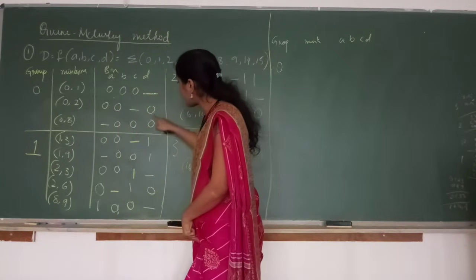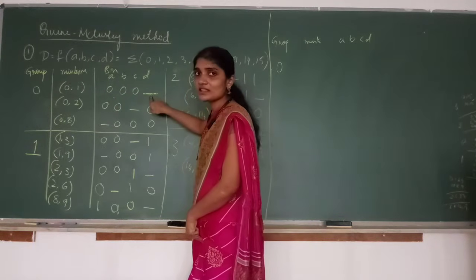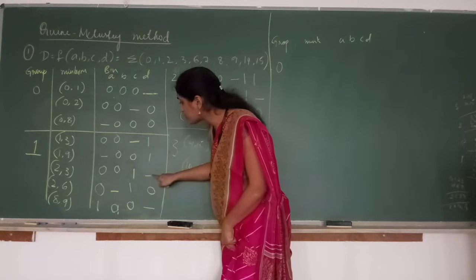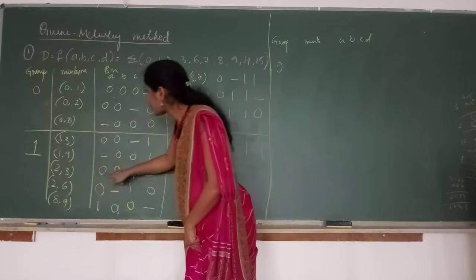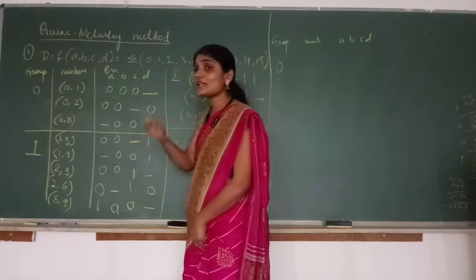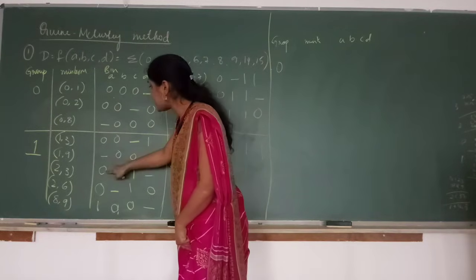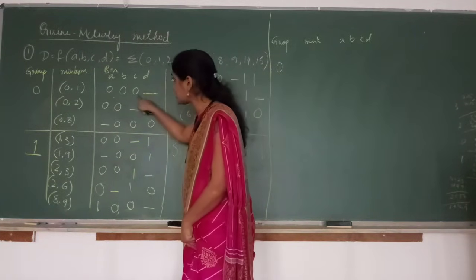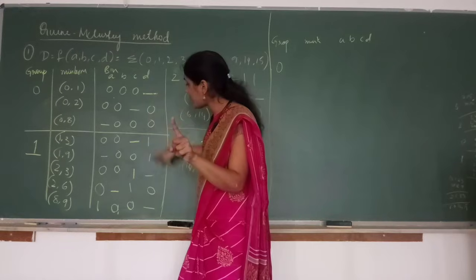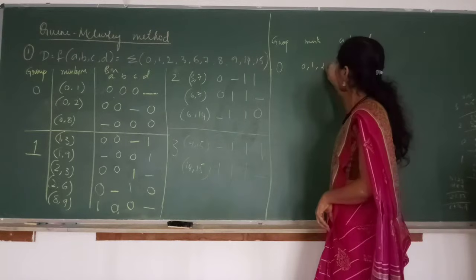Then just check where dash is in this particular grouping. We have taken the first group, that is 0, 1. Dash is in the D variable. Just check where the dash is present for D variable for this combination. 2 and 3. So I can group 0, 1 with 2, 3. The first condition is satisfied. Dash is in the same position. The other condition is what? There should be only one variable difference. So just check. A is 0. B is 0. C is different. C is 0 here. C is 1 here. Only one variable difference, plus dash is in the same position. So go for it. Group 0, 1 with 2, 3.